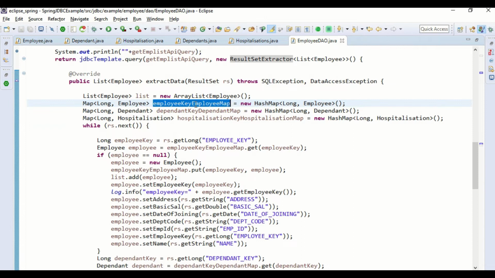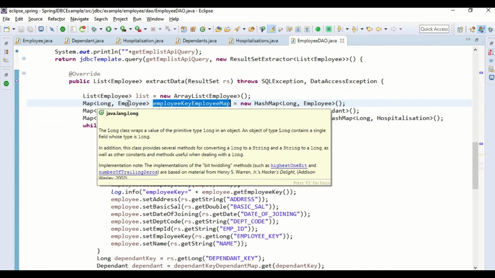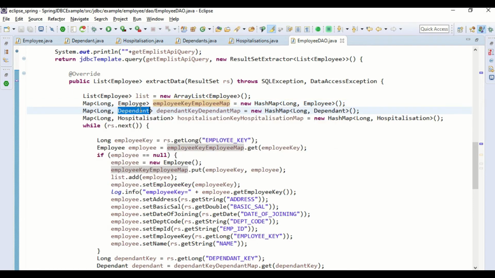One is the employee key map and employee object map. It will store the employee key and employee, where employee key is the primary key of the employee table. Similarly, we have one map to store the dependent key and dependent object, where dependent key is the primary key of the dependent table.